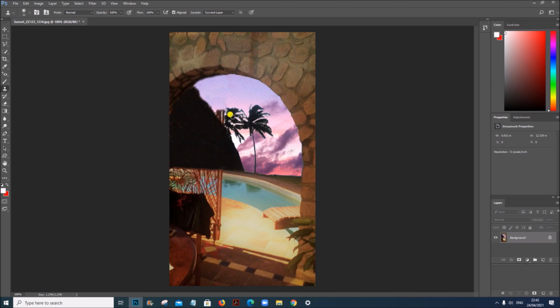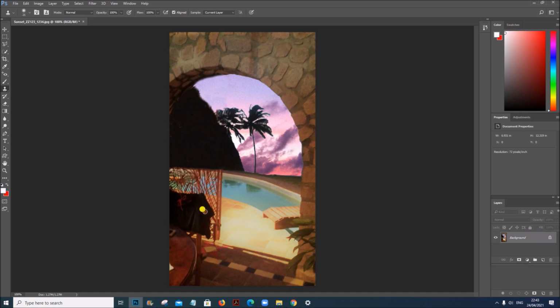Now let's copy this part to cover this area. Same way we have to remove this part of the door using the water and this part using this edge of the water body.